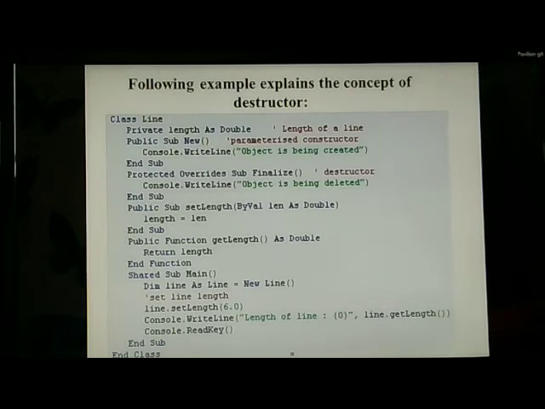Here we can see the destructor, Protected Overrides Sub Finalize, as the keyword Finalize is used for a destructor. After that a sub procedure is created, and in the main the object is created, and then the value is passed to that function.